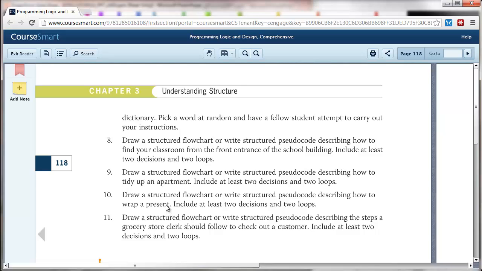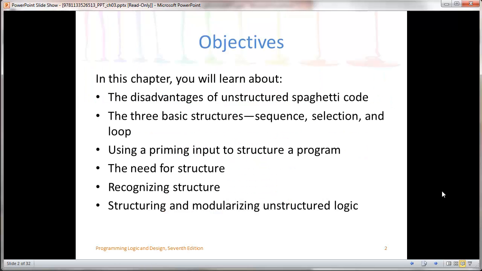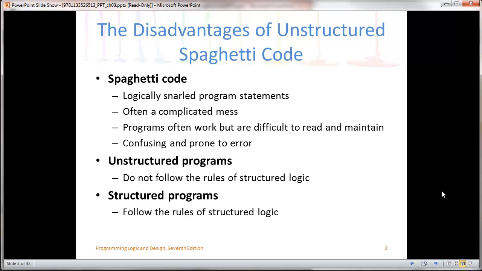So you just have to create your own ideas of things to do, and changing it up a bit would be nice too. But I just want to give you a good idea, at least, of how to do this. And we'll real quickly go over what structure is, the 3 basic structures. I know it's been a while since we've been through it, so I'm going to flip through this chapter 3